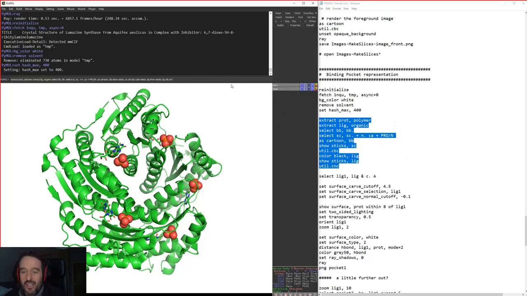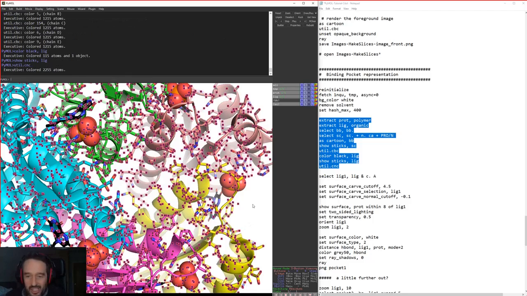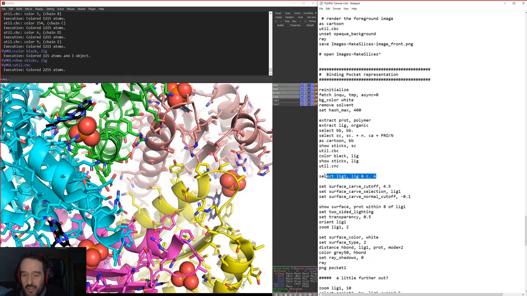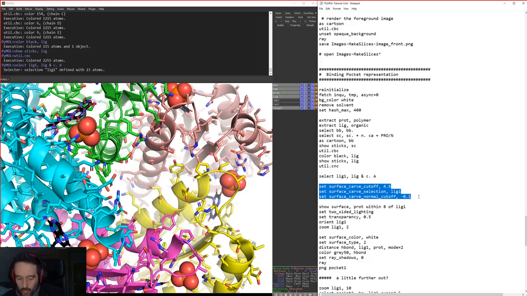Color our chains, color our sticks. From our organics, we'll just select the chain A ligand to look at, and we'll call that lig1. And then we're going to use this set surface carve here. What this does is it means that when we're setting a surface, we're going to set that surface within certain restrictions. So we're going to carve at 4.5 angstroms around the ligand 1,